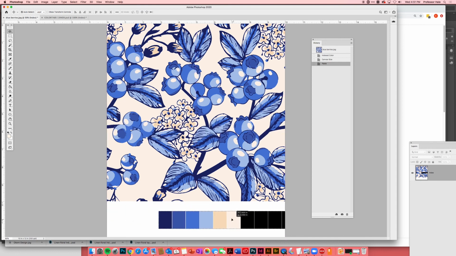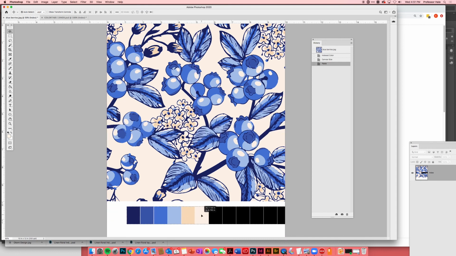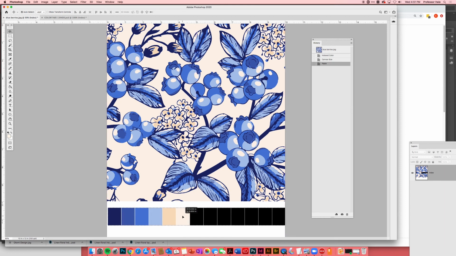Now we don't need all that black, so we could delete that, but just so you can see it, the whole color tab is there. And that's what we want. So there you go. That's how you